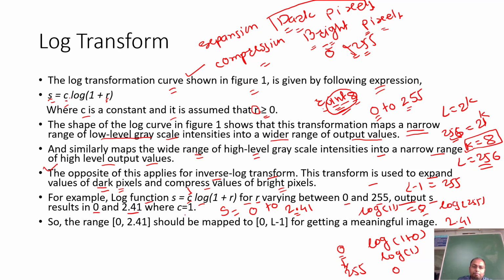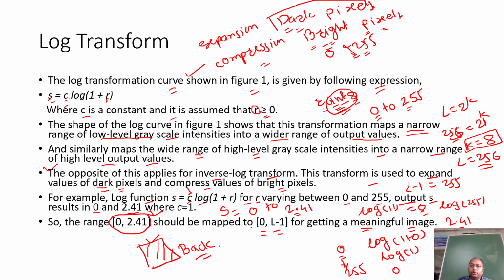Okay, but if I am going to plot this image having such kind of values, it will give you all the information as black. So all the pixels, or the whole picture, will look like a black image. Only black color will be visible. So we need to map it again into 0 to L minus 1 levels of gray level intensities, so that we can get meaningful information, or a meaningful image, from that particular transformation, right?